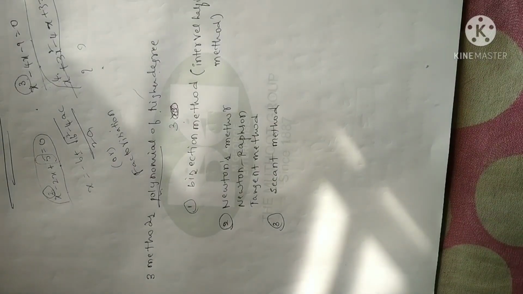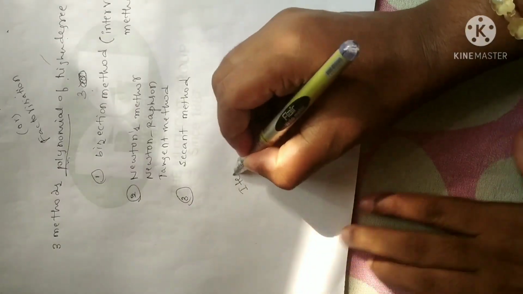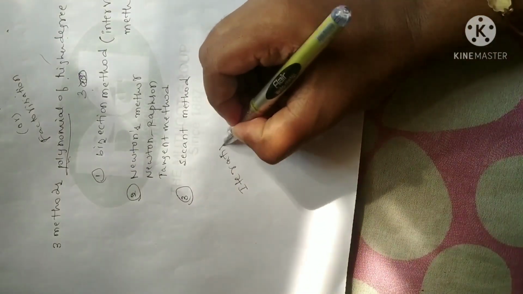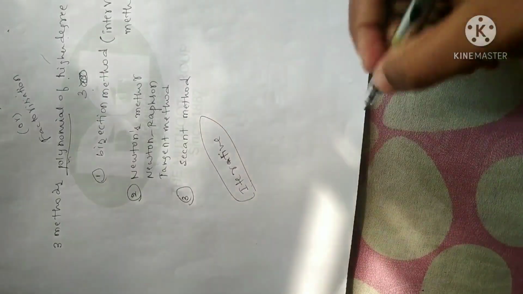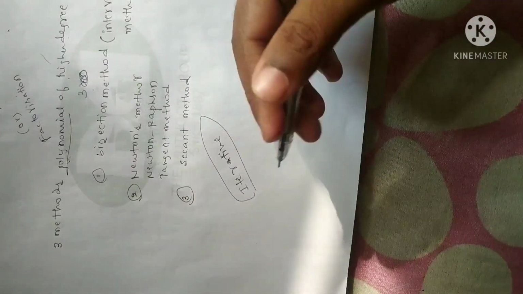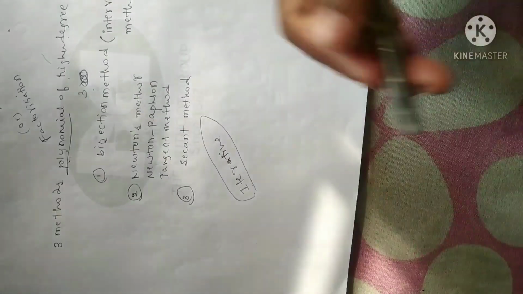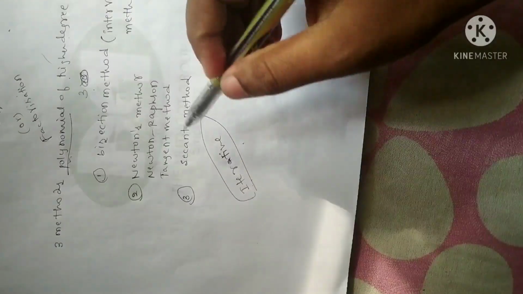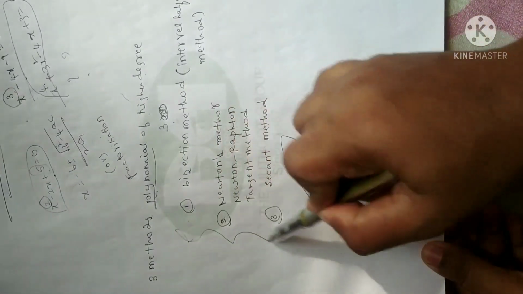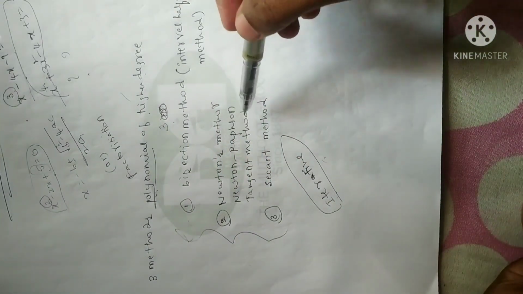Fine. Now one technical term I have to tell you is iterative. Since you are familiar with computer science, you have come across the term iterative. Iterative means something like looping, which is repeating. Iterative is none other than repeating. So all these three methods are repeating processes, or I can say iterative methods.